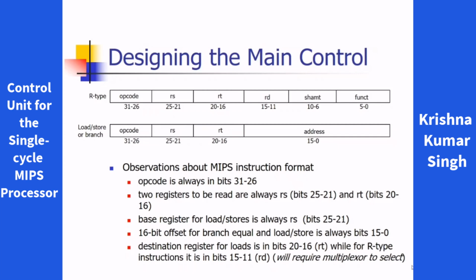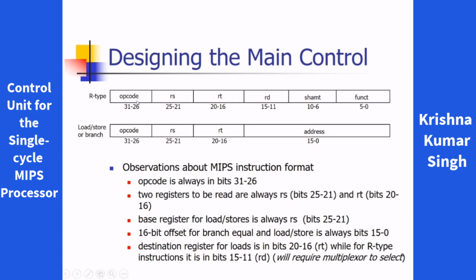Okay, let's design the main control unit of the processor. As you can see here, we have the general syntax of the R-type instruction, and here we have the general syntax for the I-type instruction that can be used for load, store, or branch instructions. If you check them, you will see that for both of them the opcode is always in bits,